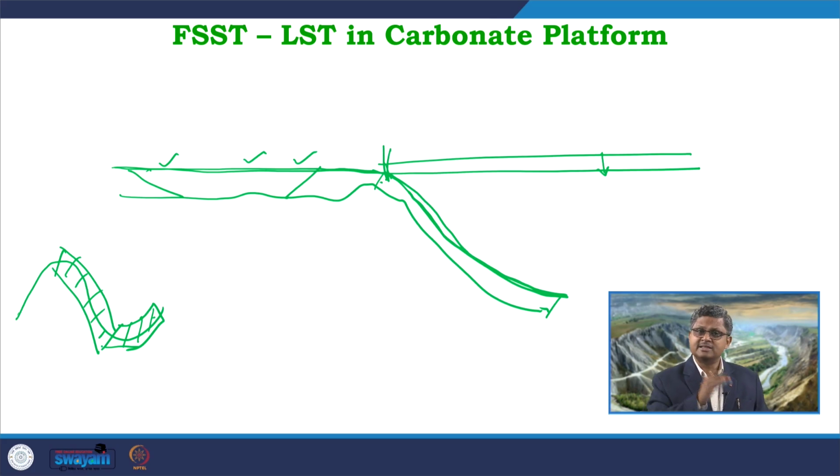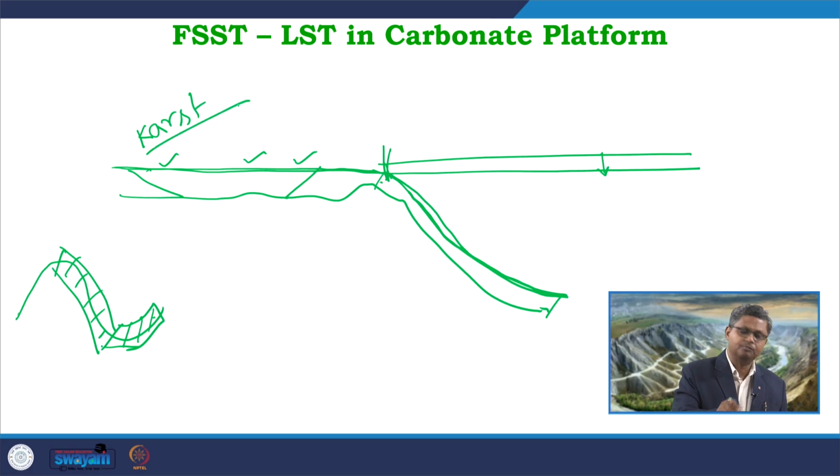And not only that, since this is now subaerially exposed, it will go through some weathering process, and there we can get some karst topography, karst features, that can form over here in this part, which is nothing but like the erosion that we have seen in case of clastic systems, where the fluvial incision takes place, forming a subaerial unconformity. Exactly over here the weathering process starts and we get an unconformity surface, which can be correlated or considered as equivalent to the subaerial unconformity. So, we get this kind of karst surface or karst topography formed across the entire platform area.